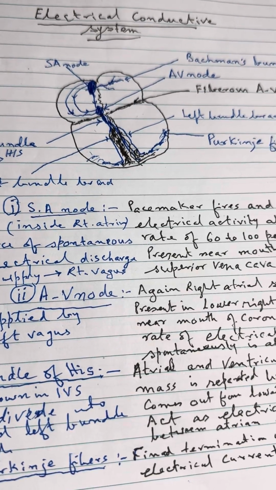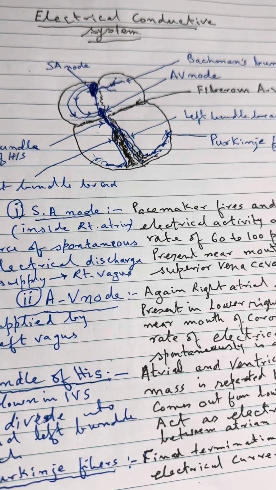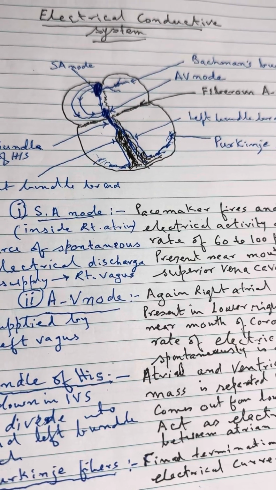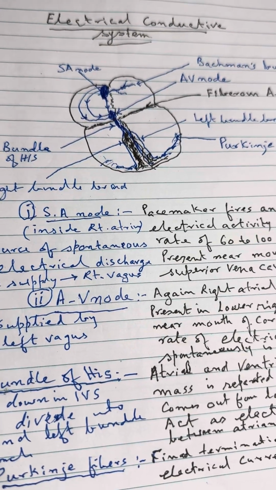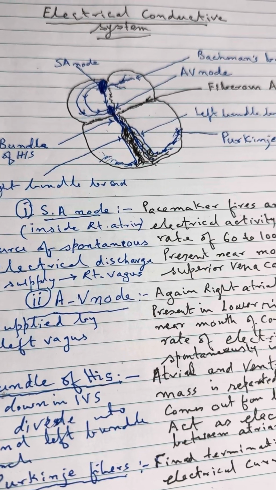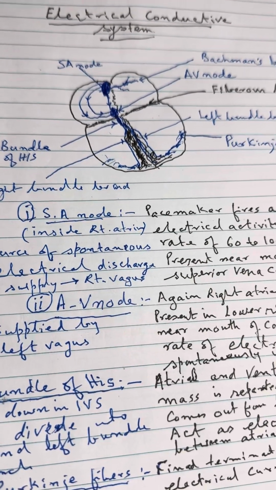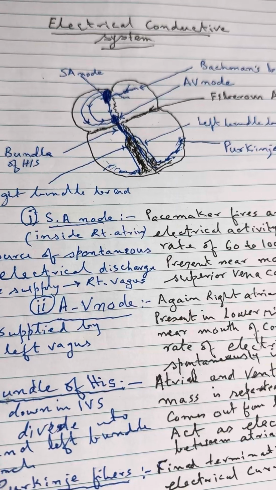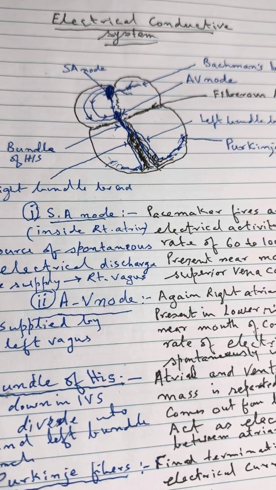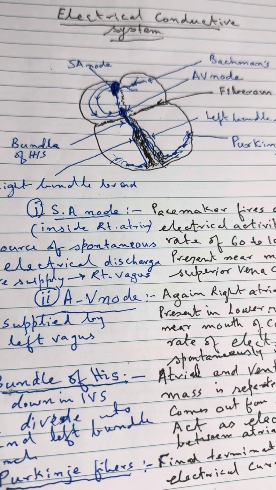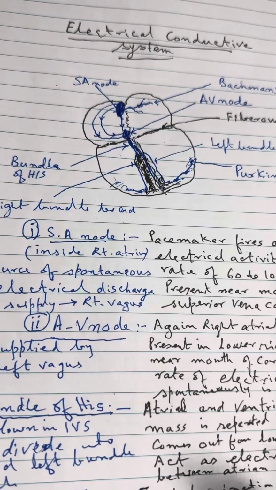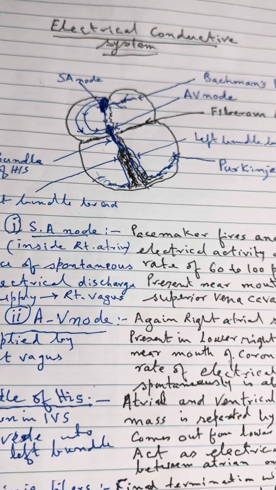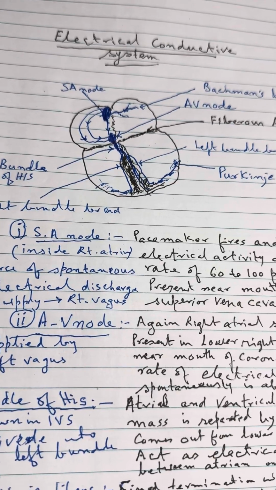and it is responsible for generation of impulse and propagation of impulse. This electrical system is also known as junctional tissues of the heart, conductive system, or the junctional tissue of the heart. Now remember that in the right atrium there are two very important